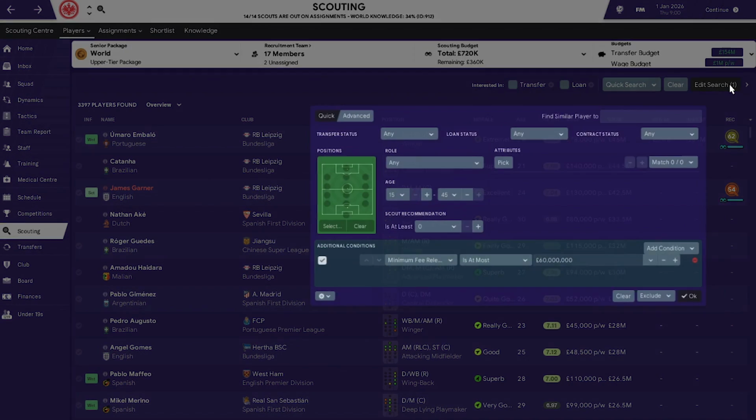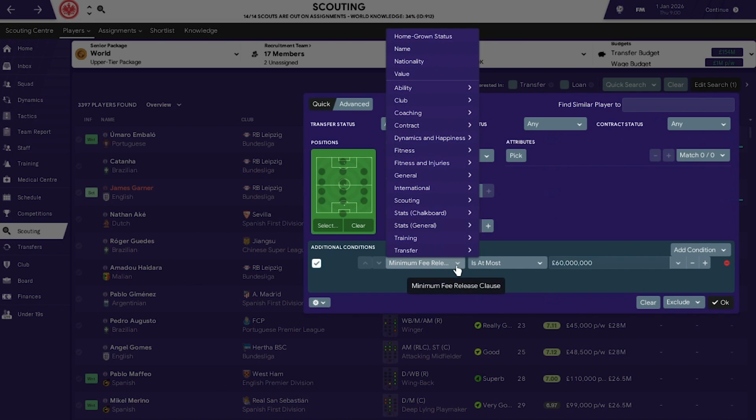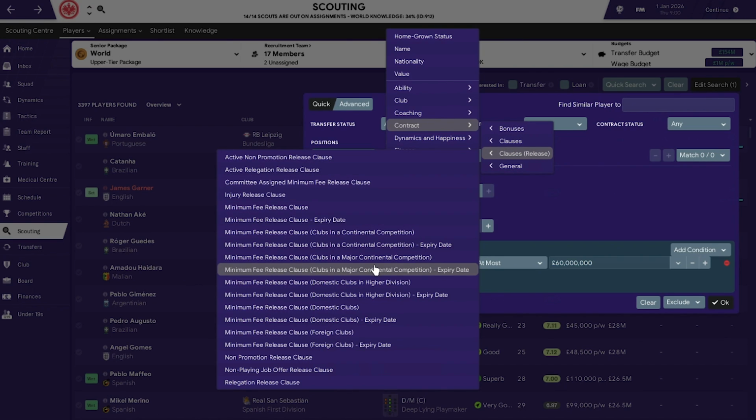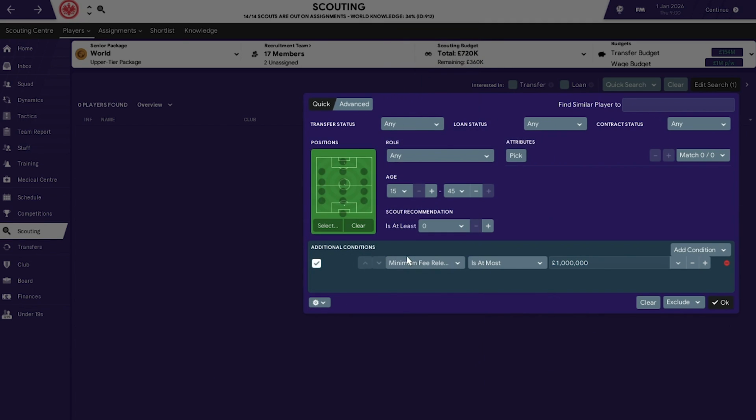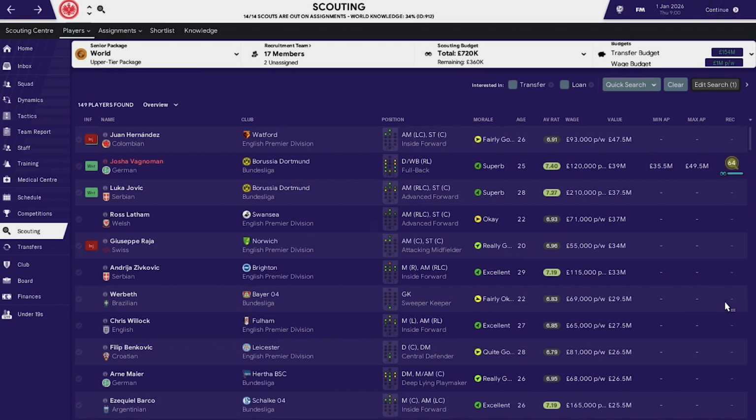But the one that I use the most, when you start getting a bit of success in your save, you then start to realize that a lot of players won't come to your club unless the team is happy to go for a lot of money. However, there is a major continental competition release clause. So if you have qualified for the Champions League, if you select this, then you open up a lot more